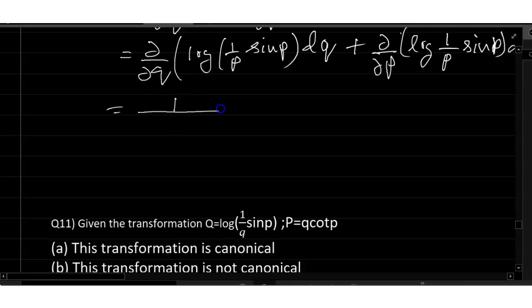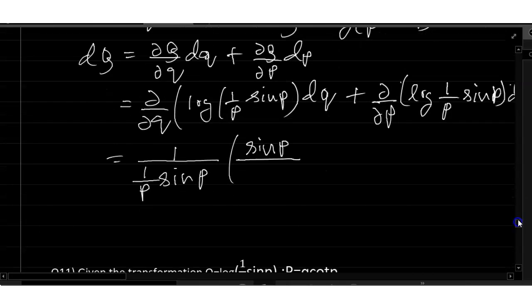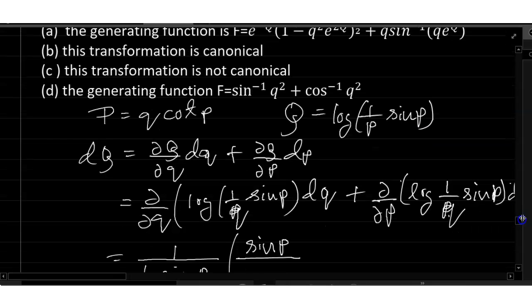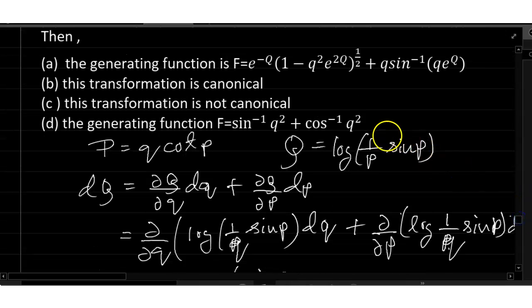Can be written this way: 1 by P sin P divided by sin P by... okay, sorry, I have written wrong. It is Q, it is not P. I have written wrong here. Q is equal to 1 by Q log sin P. It is Q. So